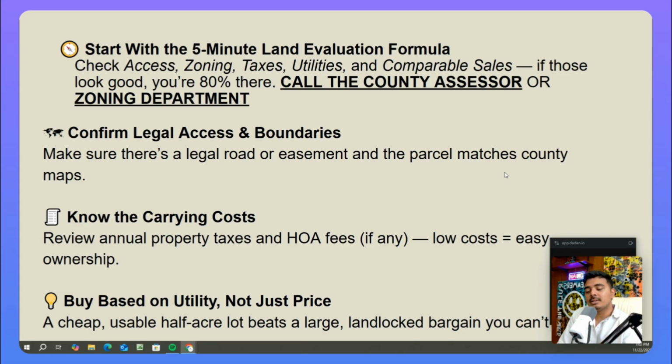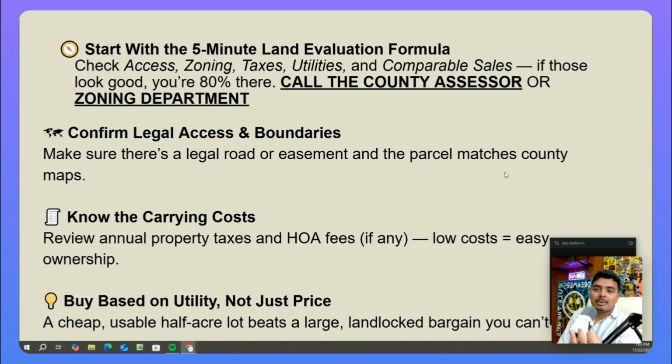The second thing to think about is if the land is in a property owners association or an HOA, there might be other fees that you might have to pay on a yearly basis, since you're part of that association. So just look at that and see, like, hey, is this cost on an annual basis something that I'm willing to pay? Am I fine with that, right? Because when you're buying land, you're probably thinking long term. So think over the next 10, 20 years. And the third thing